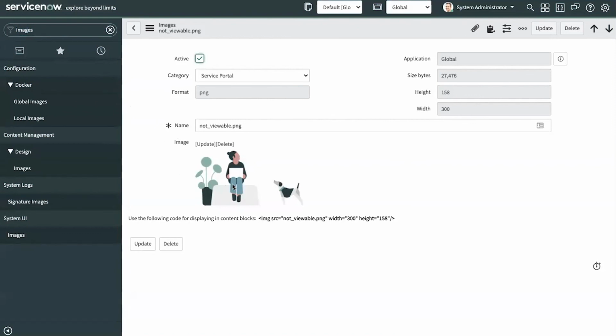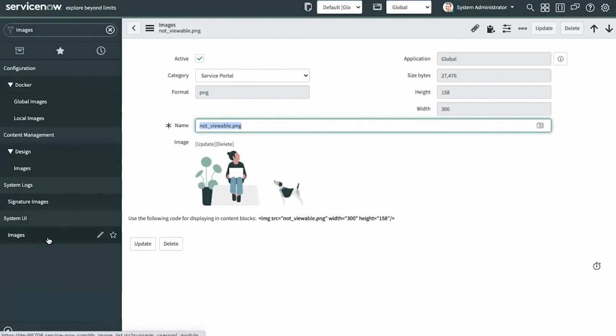And what you'll do is you'll upload an image to the image table and you'll give it a name. You want to remember this name, and it always needs to be suffixed by whatever type of image it is. So like .png or .jpeg or .gif, SVG, whatever you're using. You're going to copy this name. Remember, when you do this, your image has to be uploaded to the images table, which you can access here under System UI Images. You'll upload your image here,